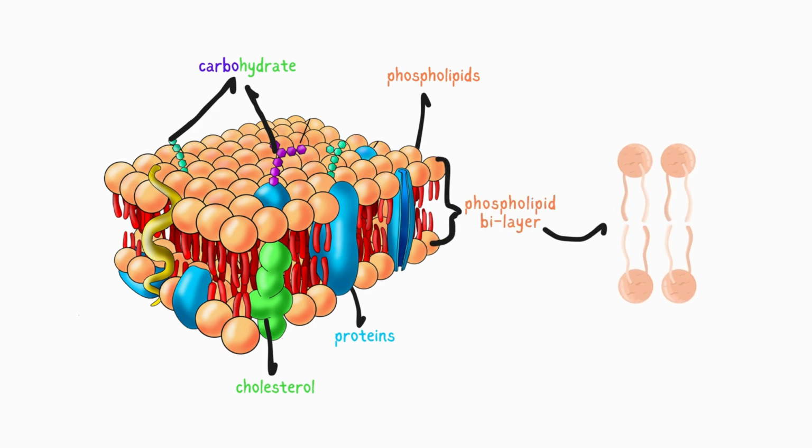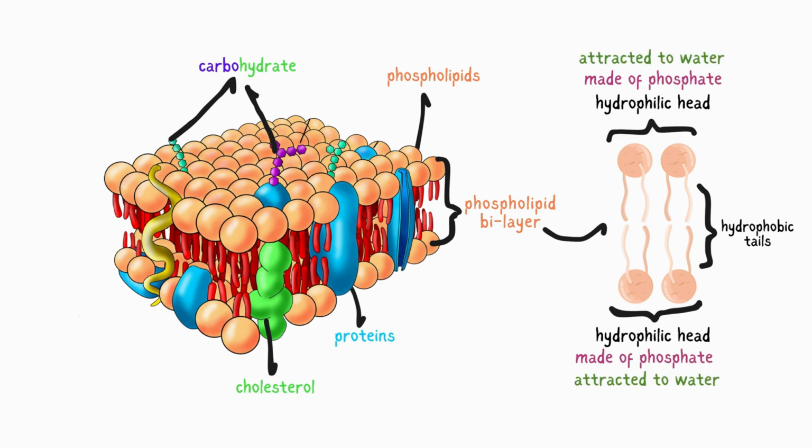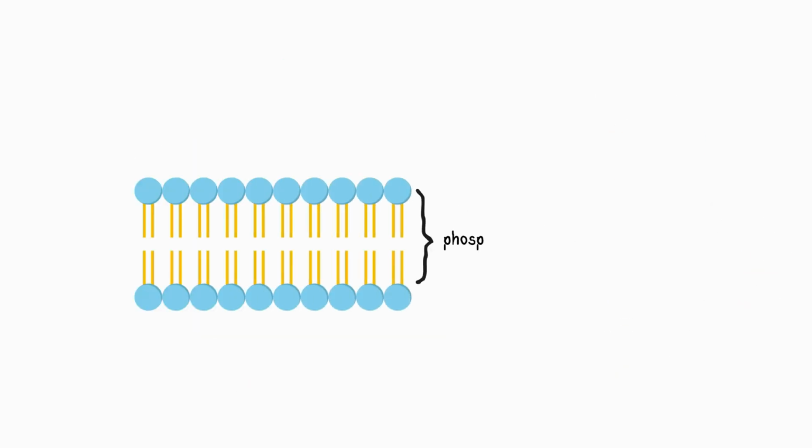A phospholipid molecule has two main parts, a hydrophilic head and hydrophobic tails. The hydrophilic head is made of phosphate and is attracted to water, while the hydrophobic tails are made of fatty acids and repel water. In the phospholipid bilayer, the hydrophilic heads face outward toward the watery environments, one layer towards